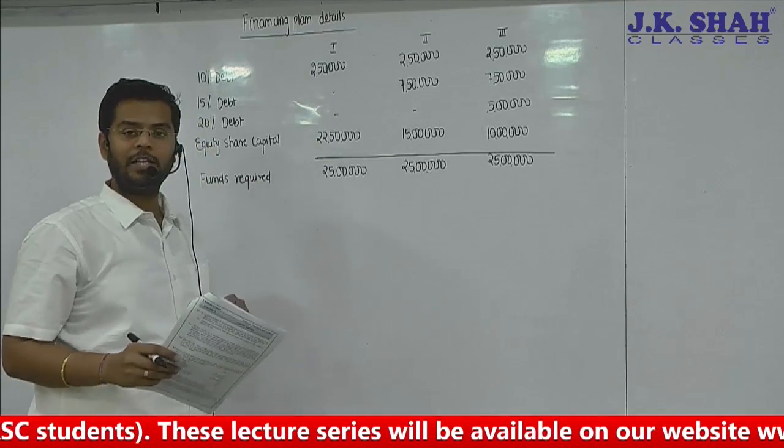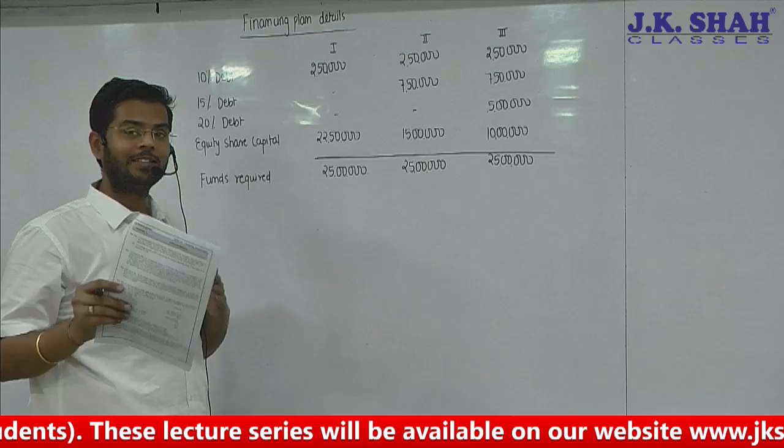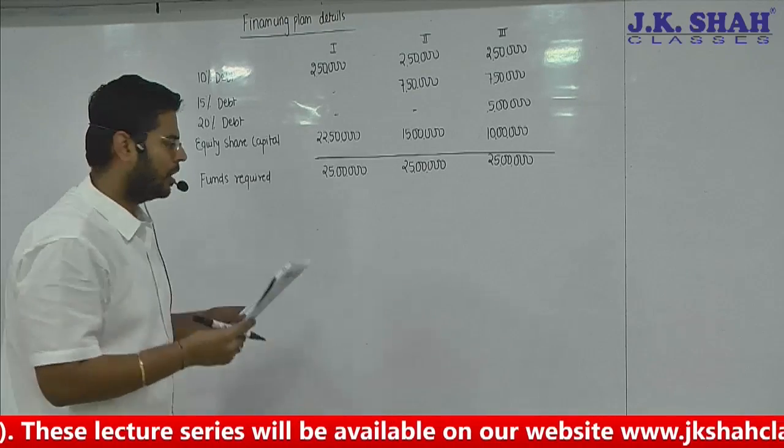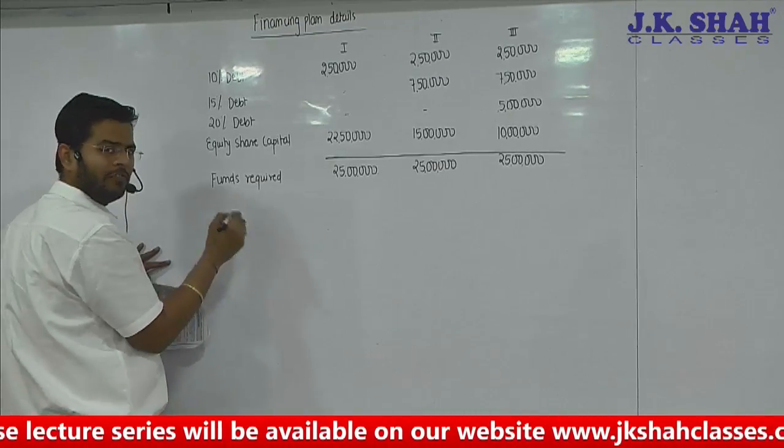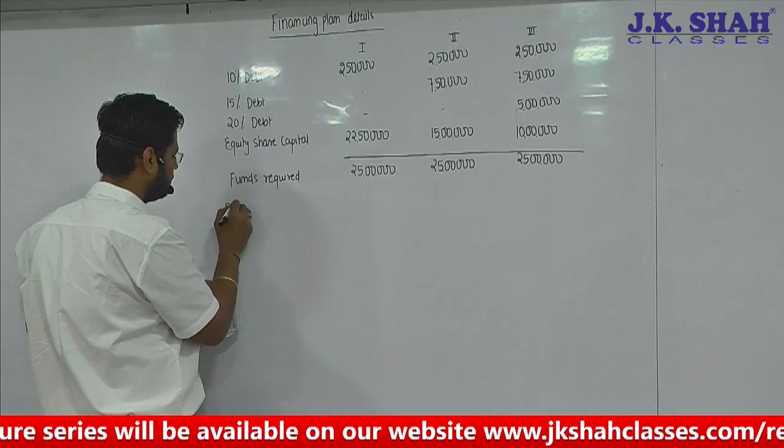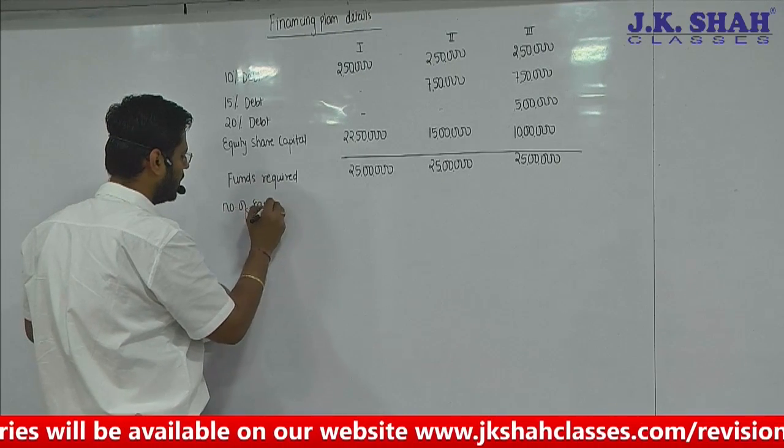This is the pattern of arranging money. So you need to be careful. These are slab rates. These are not flat rates. Okay. Once you have done this requirement of funds, then the next point is to calculate the number of equity